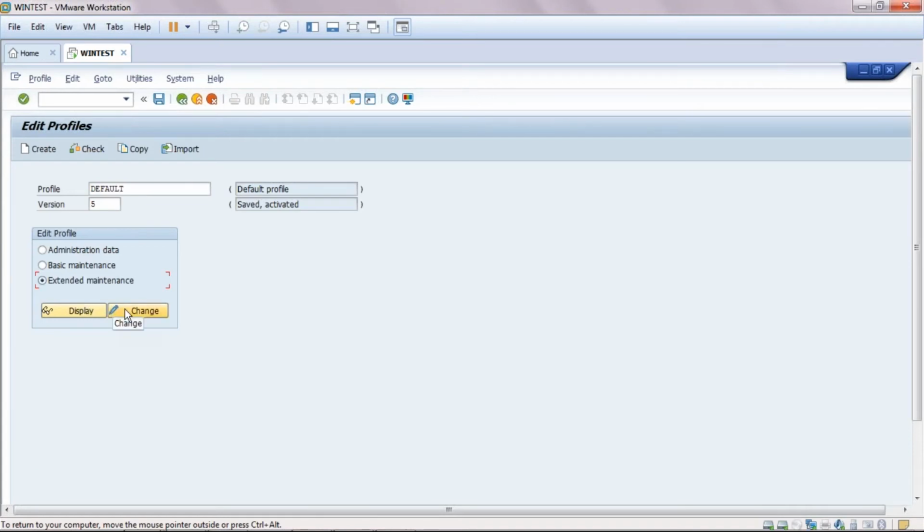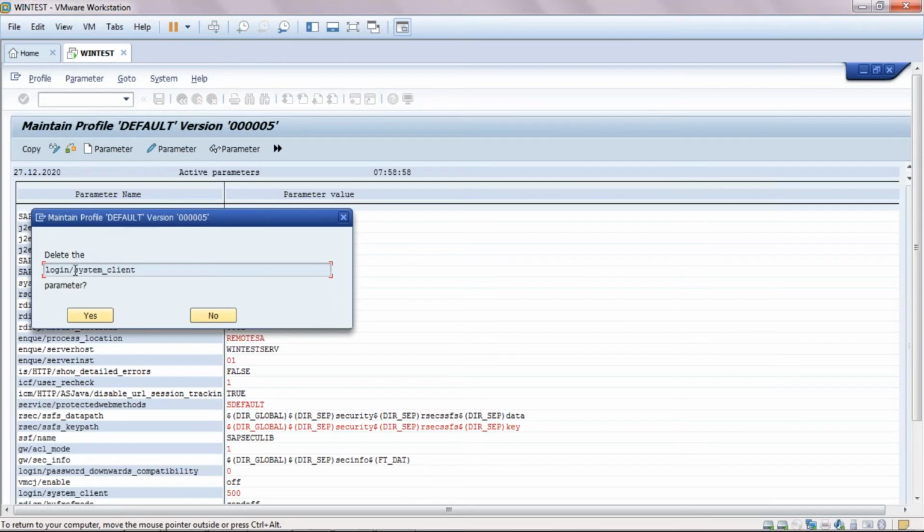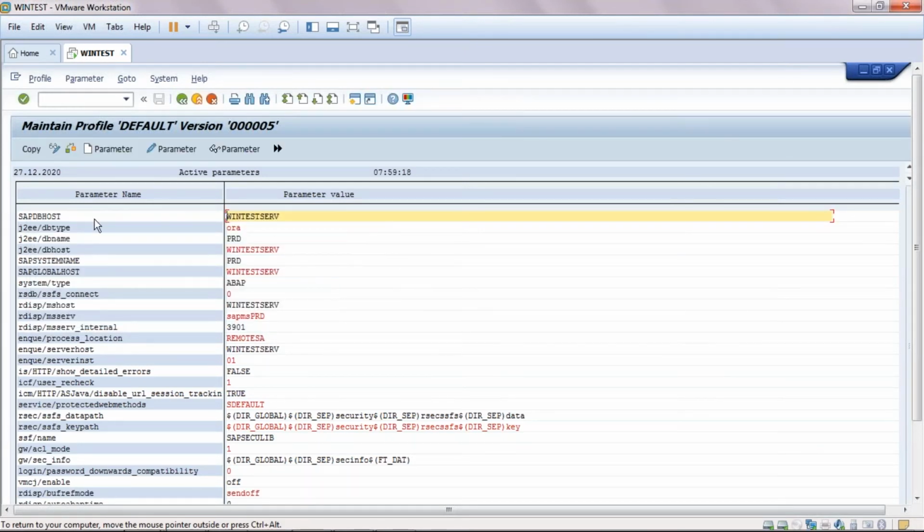If I press the change button, it will show some values. The login system client is 500. You just go and delete this parameter. Okay, the parameter is deleted.